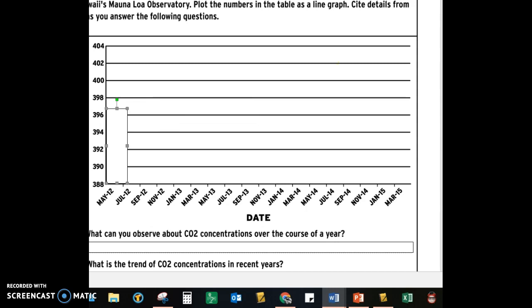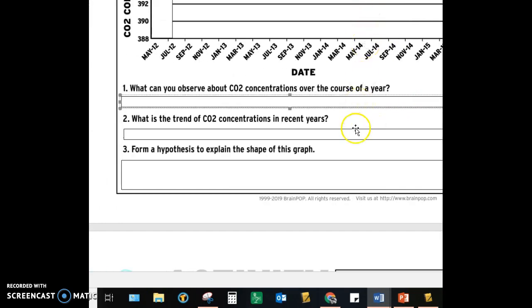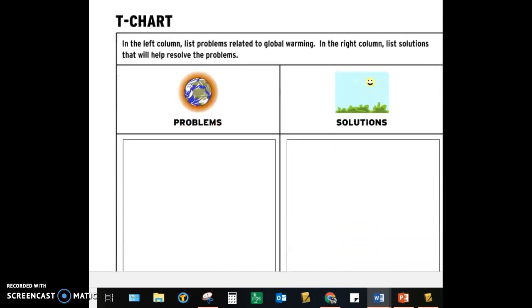When you get finished with your bar graph, you have some text boxes here where you will respond to 3 questions analyzing the data that you have plotted. Next, you're going to scroll down to the second page and there is a T-chart that you will complete. Once you have the T-chart and the graph completed, the 2 of these will be